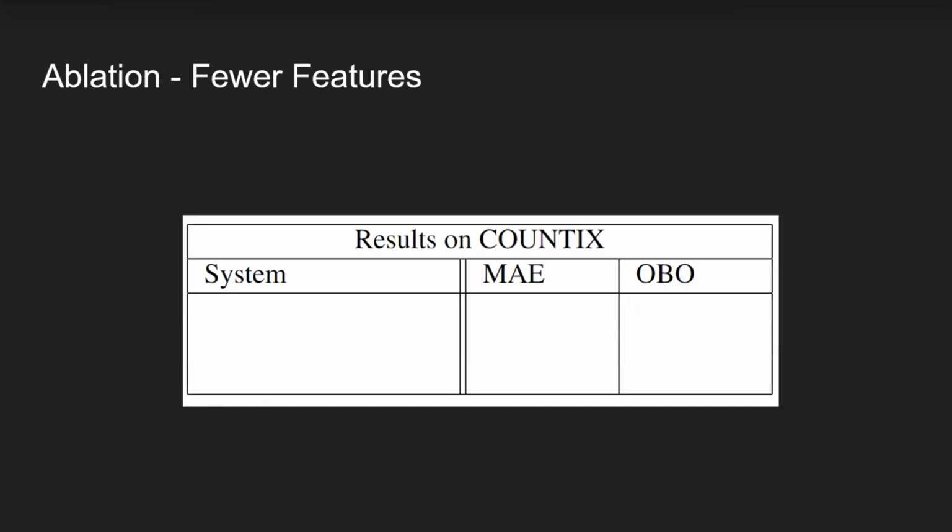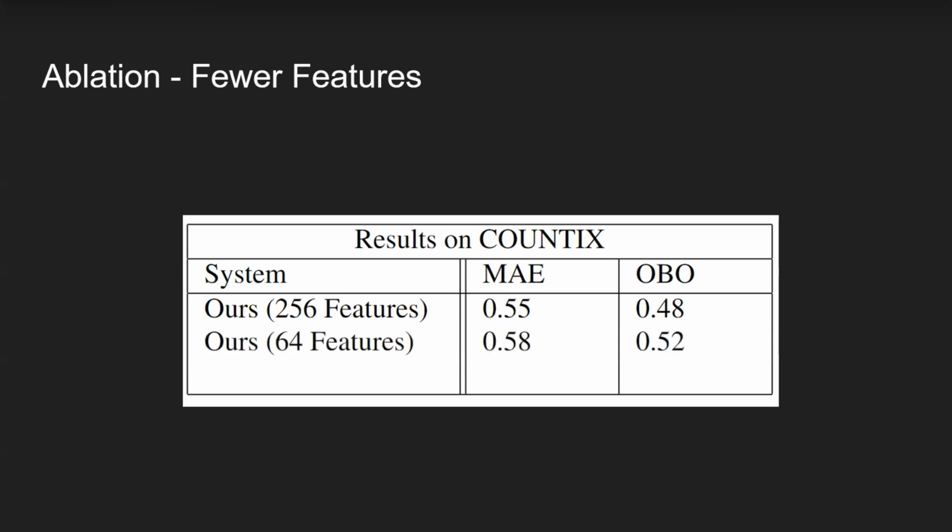We also did an ablation study with the number of features that we were feeding in. The first one was we reduced it to 256 features from 512, and we were still getting some respectable results. We further decreased it to 64 features, and we were still in the same margin of the results. This shows the state space modeling ability on the temporal scale. And lastly, we also tested out one feature just for the heck of it, and the results were obviously off.